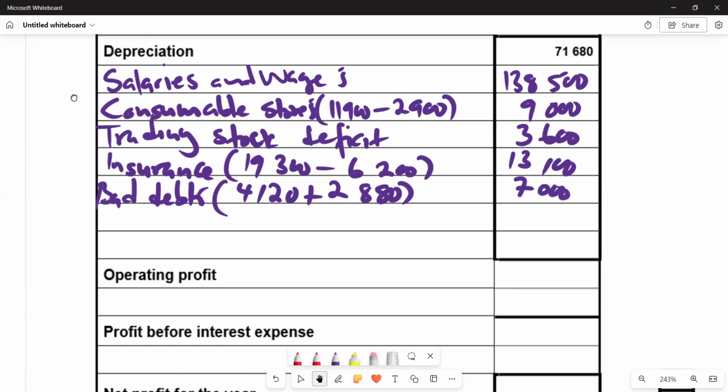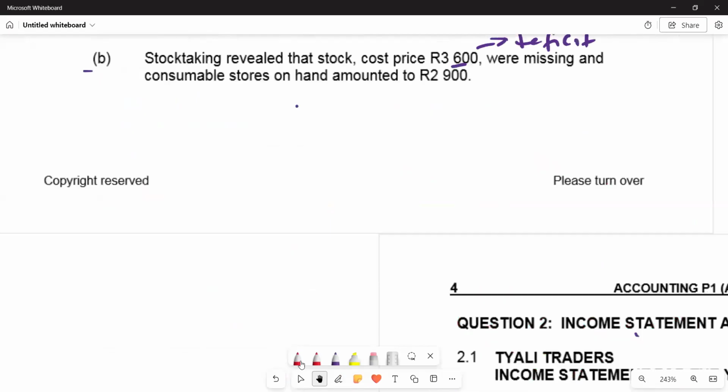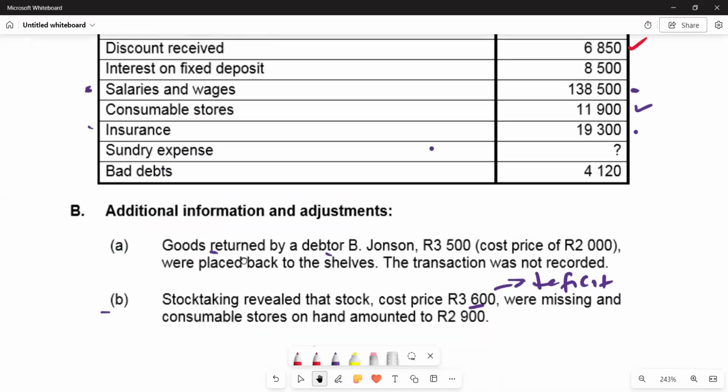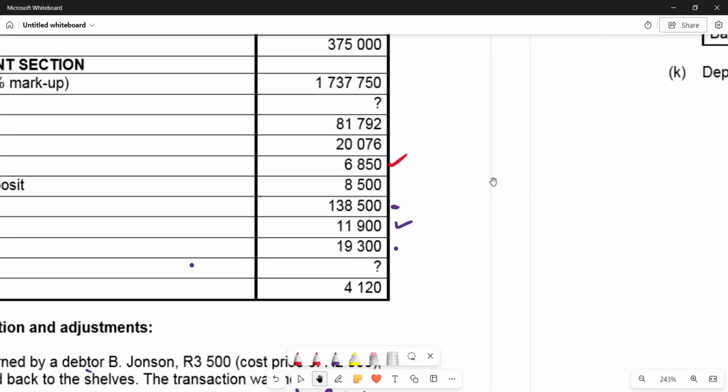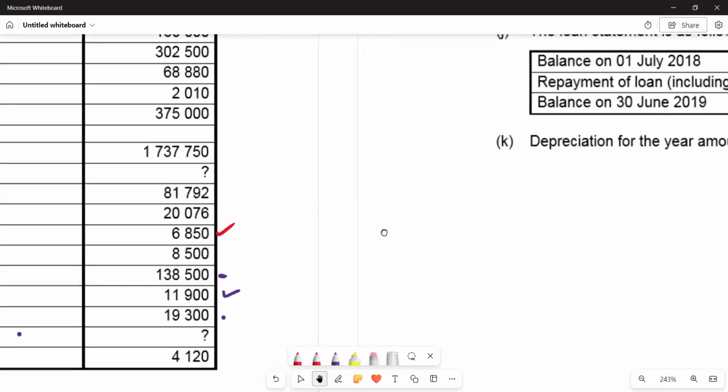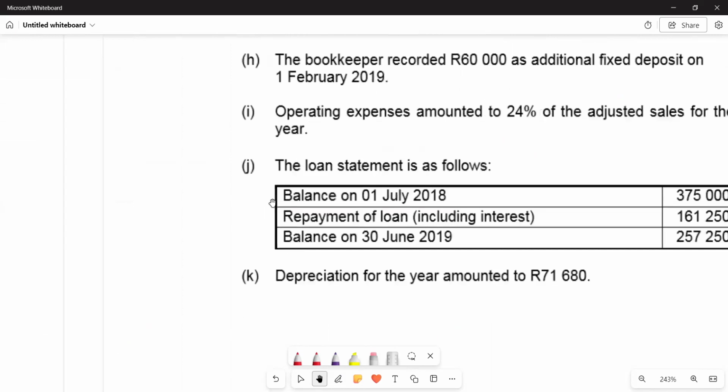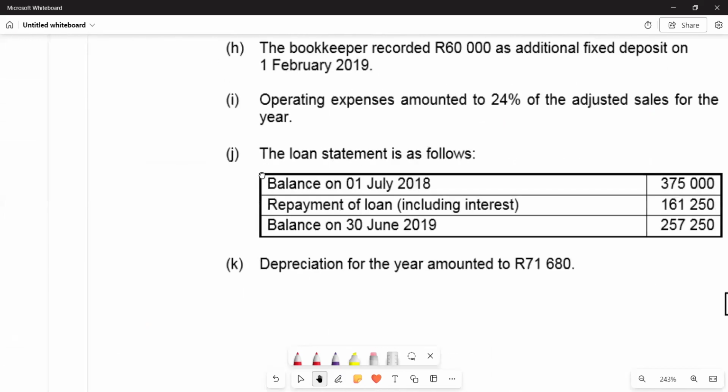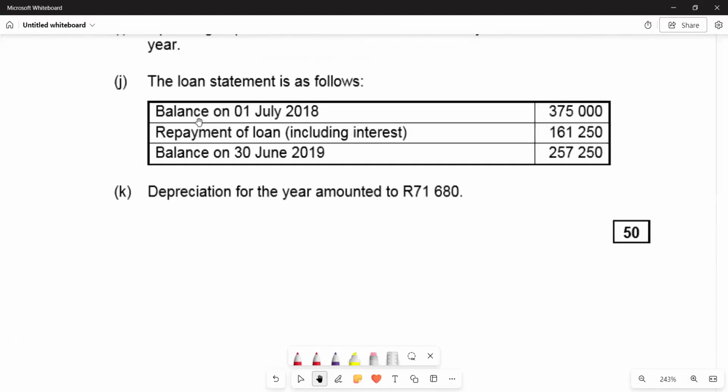And then we go and check again any other additional information, any other expense that we have. Remember, bad debt was the last one. So obviously, we can have some expenses that won't be listed in the list of balances. So we can go to additional information to see any additional expense not listed in the list of balances. Remember, we've got expenses like provision for bad debts and depreciation. They are expenses that are not included in the list of balances, but you can only find out about them when you go to additional information. So if you go to the last additional information, it says depreciation for the year amounted to